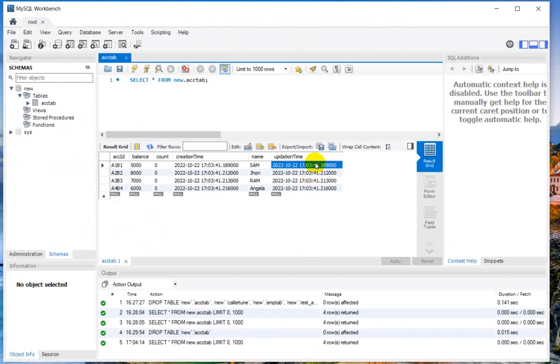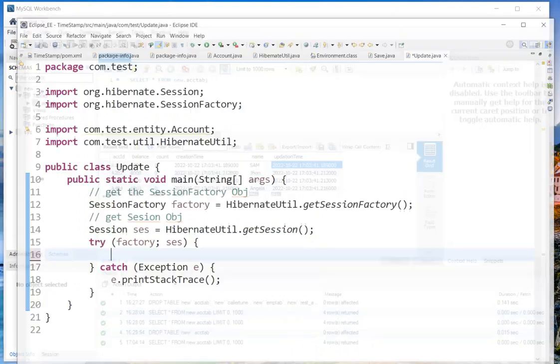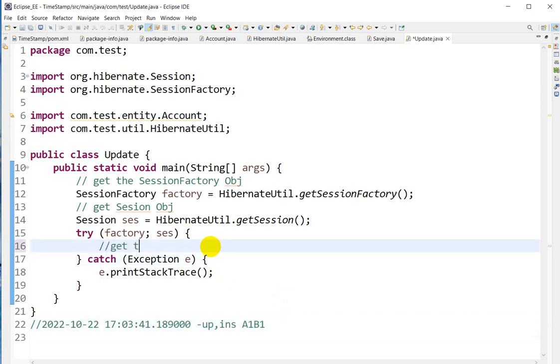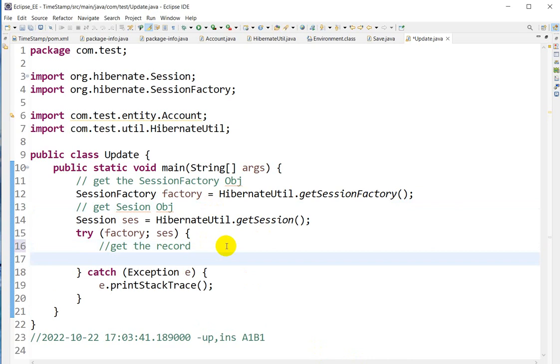So here we can see, let me copy this and I will store it in the commit. This is the updation time of A1 B1, and this is also the insertion time. Now here, first of all, get the record. So what you have to do is Account acc equal to session dot get